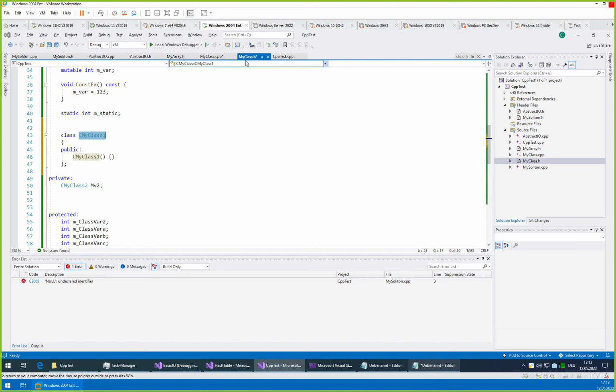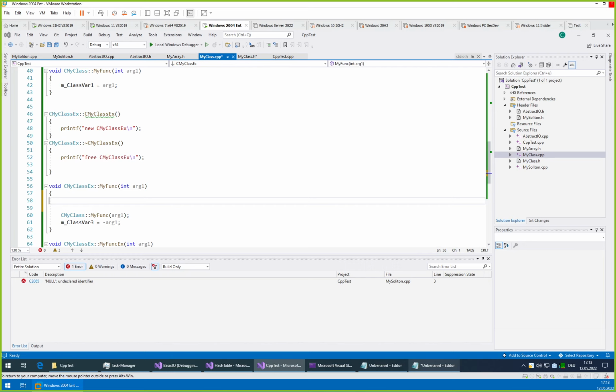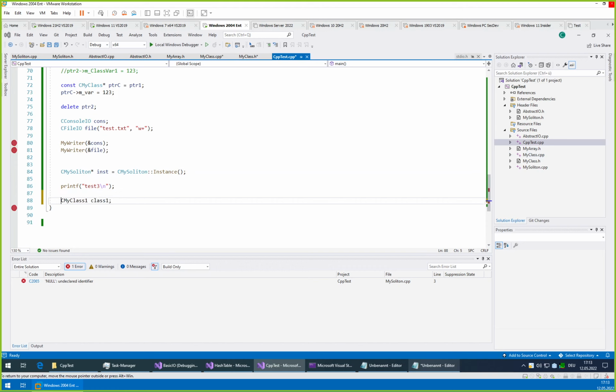Well, this is quite easy. First of all, when you are in the class or a class derived from it, you can just write it and voila, it works. But if we are outside of it, we can write my class double colon my class 1 and then the name. Of course, if this class would be protected, then you could not do that from the outside.